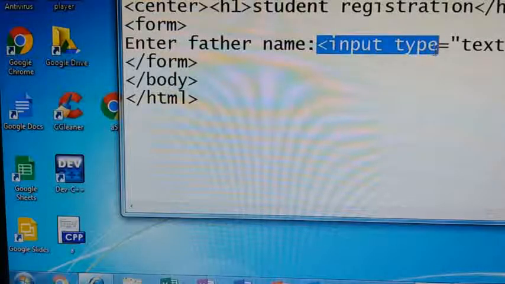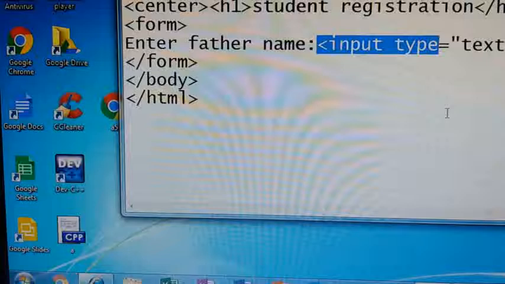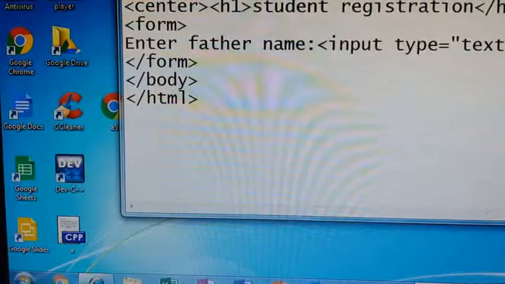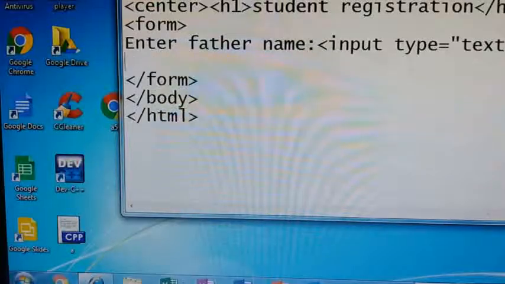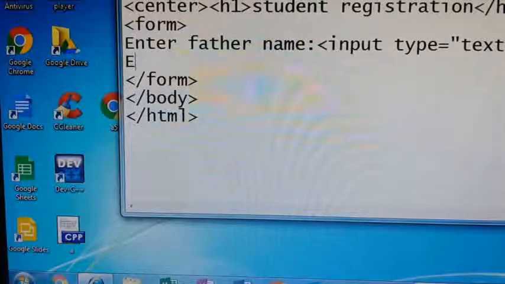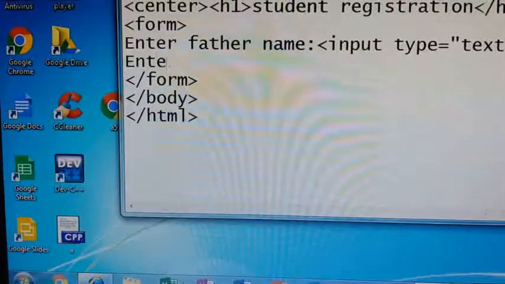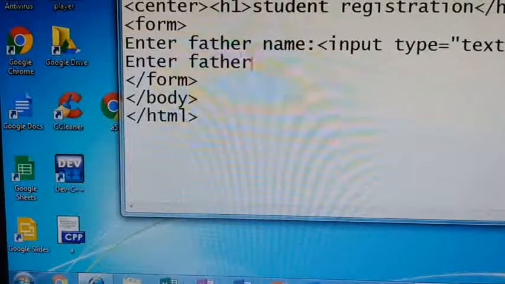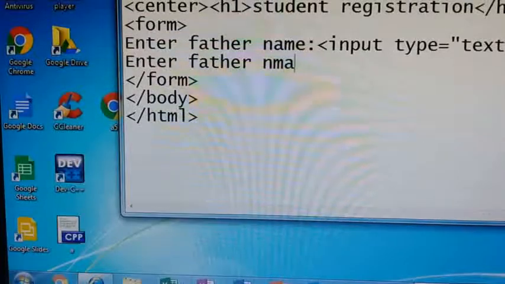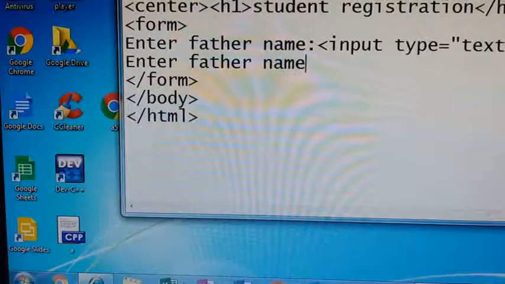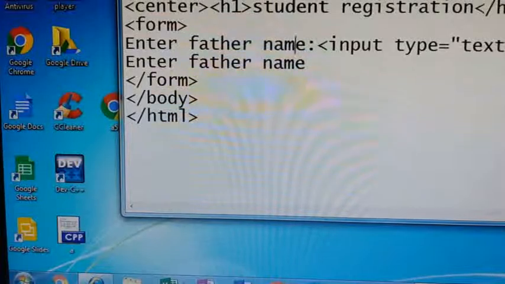What is the input tag? Wherever you want to display the graphical user interface, there you give the input tag. Wherever you write the input tag, there you will get the graphical user environment. Now, after this, I am giving enter father name. Before this, it is enter student name.